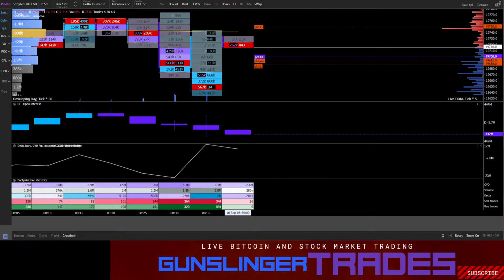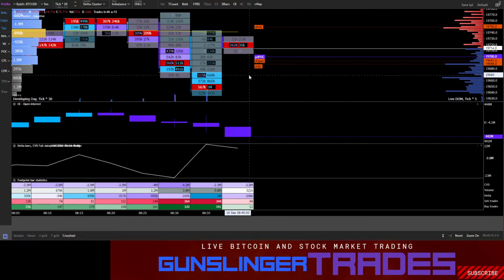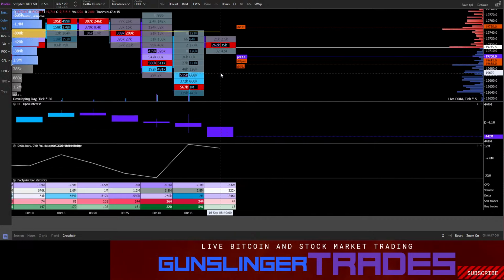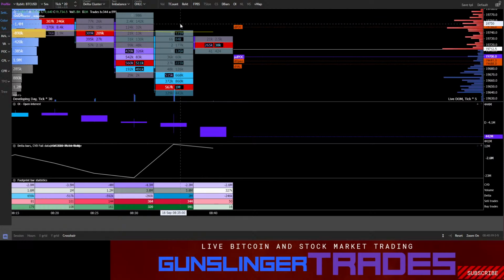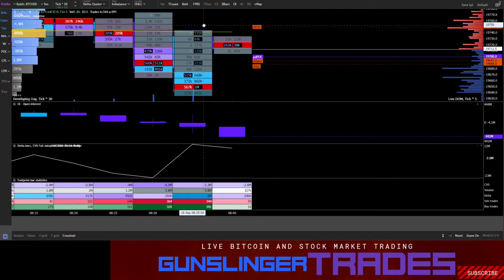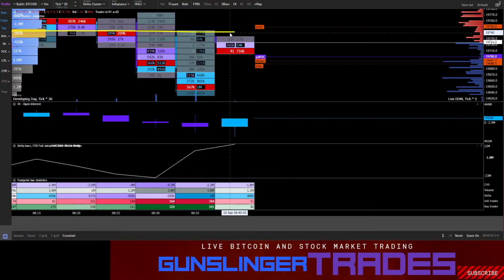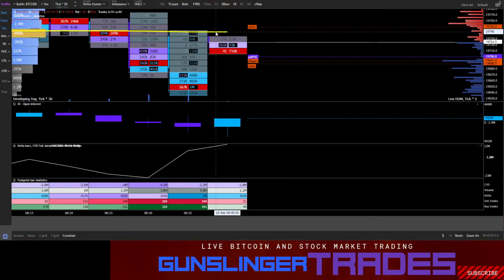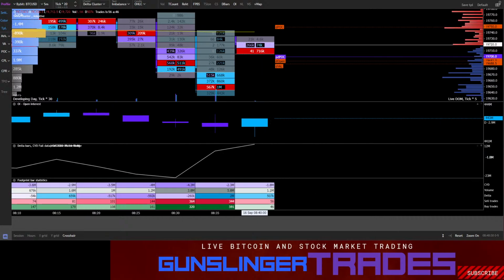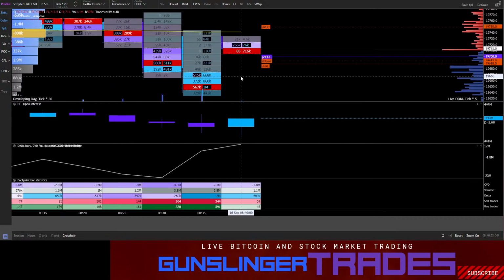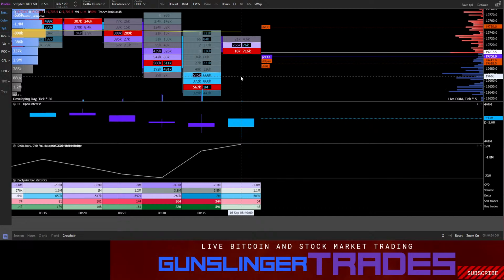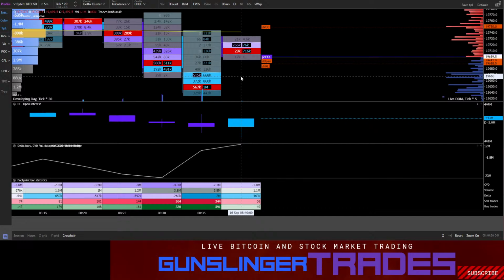I think short because of the VWAP. Are you talking about Market Cipher, or are you talking about right here? We might push through the VWAP. I don't know. I'm long. I'm not shorting this. Again, I could be wrong, but